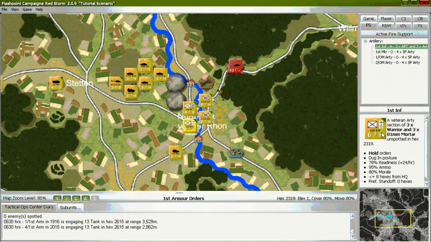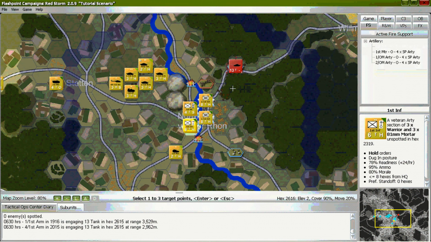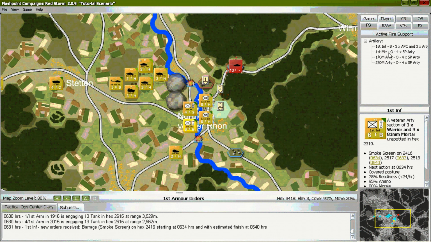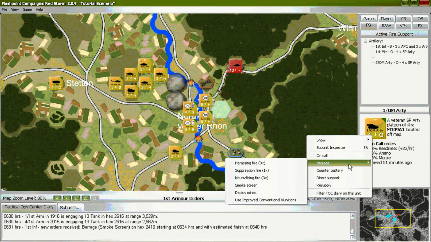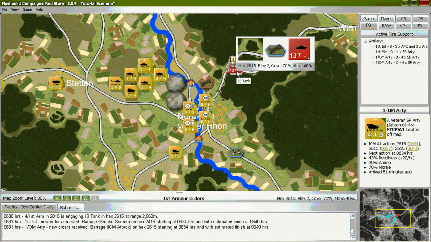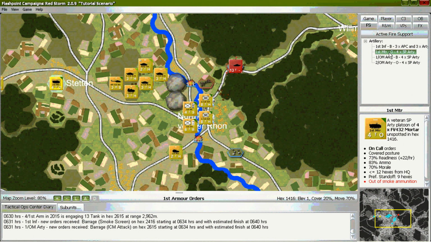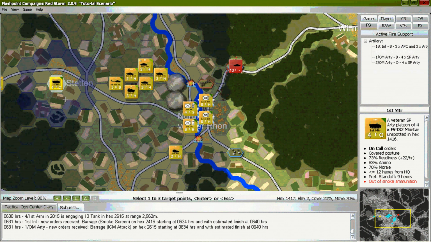We'll order the artillery to drop smoke screen to cover the advance into the town. We'll order the off-map artillery to drop more improved conventional munitions. And we're out of range.